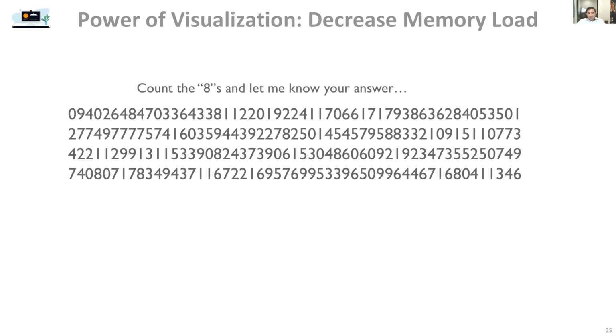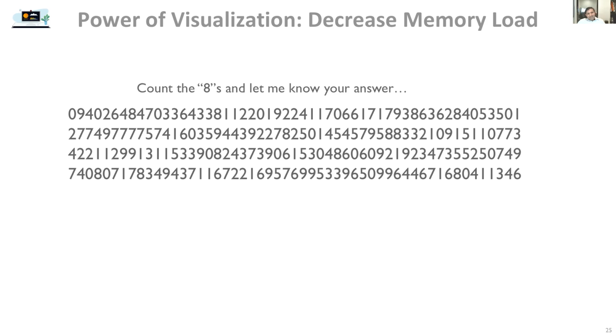How many 8s do you see in this data? I'm gonna wait for 20 seconds. It takes a while and still the answer may not be accurate.